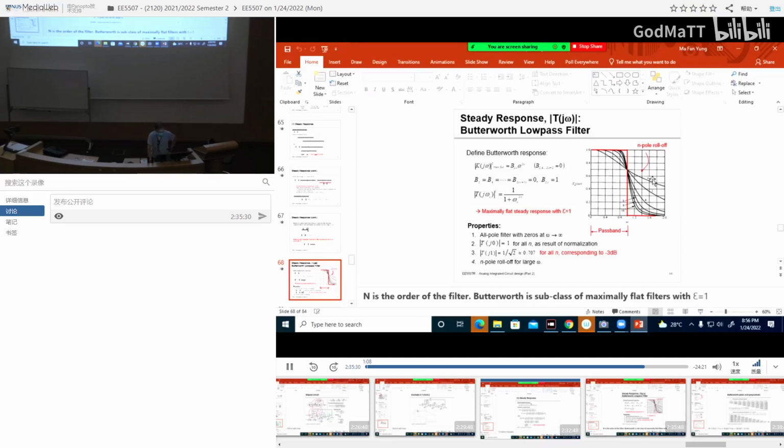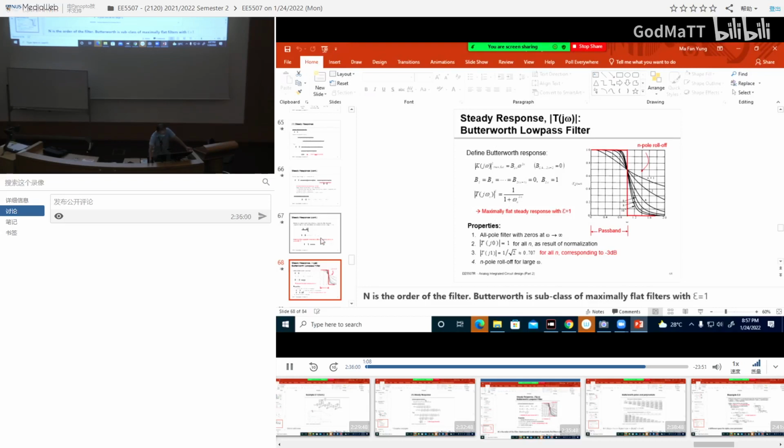N equals 1, first order, that means like this, a very big transition region. As I increase the order of the filter, the transition region becomes smaller and smaller, sharper and sharper. You see, this is when it is 10th order, you get this. So for this kind of maximally flat filter, which we call a Butterworth filter, when